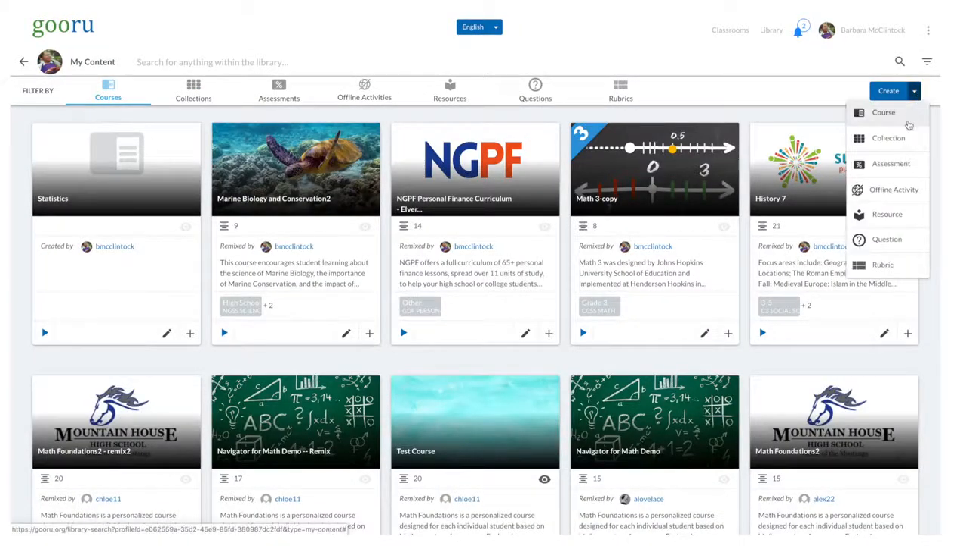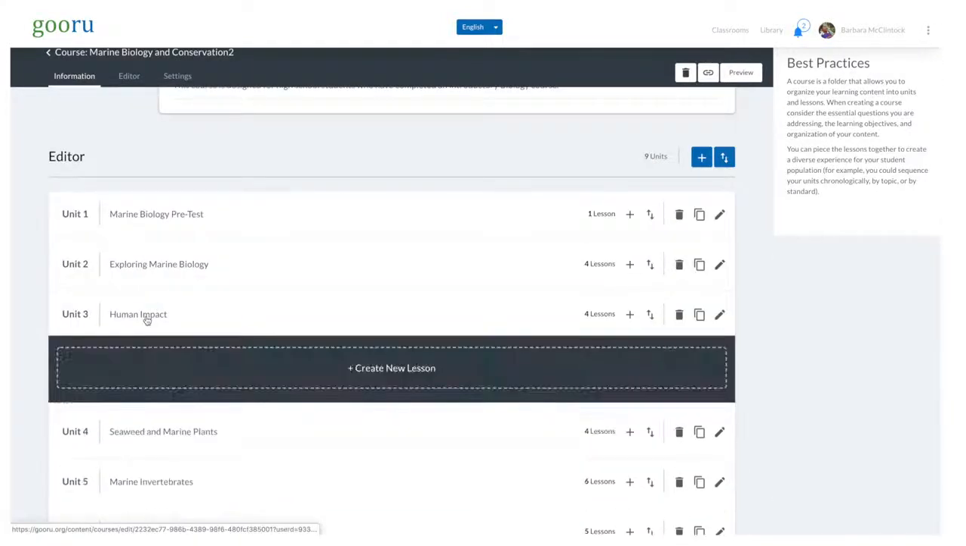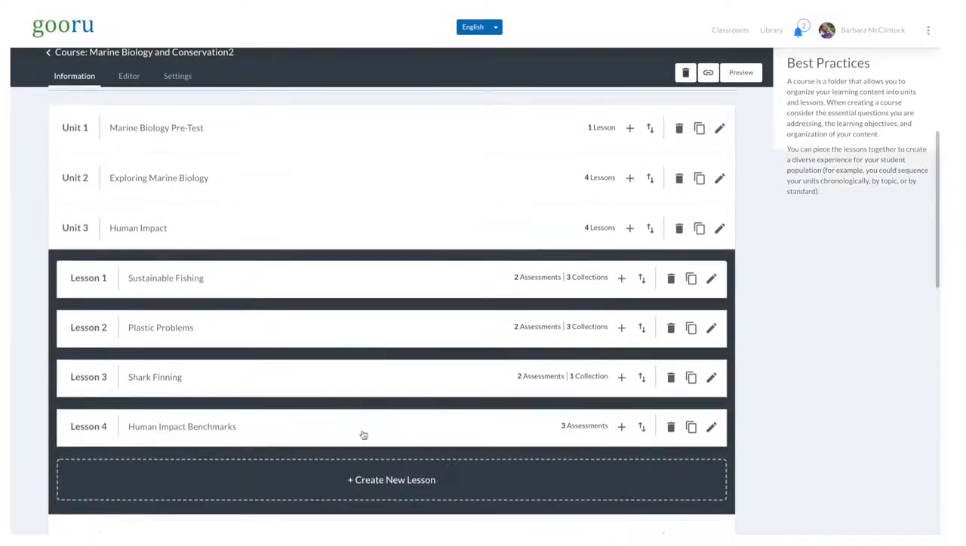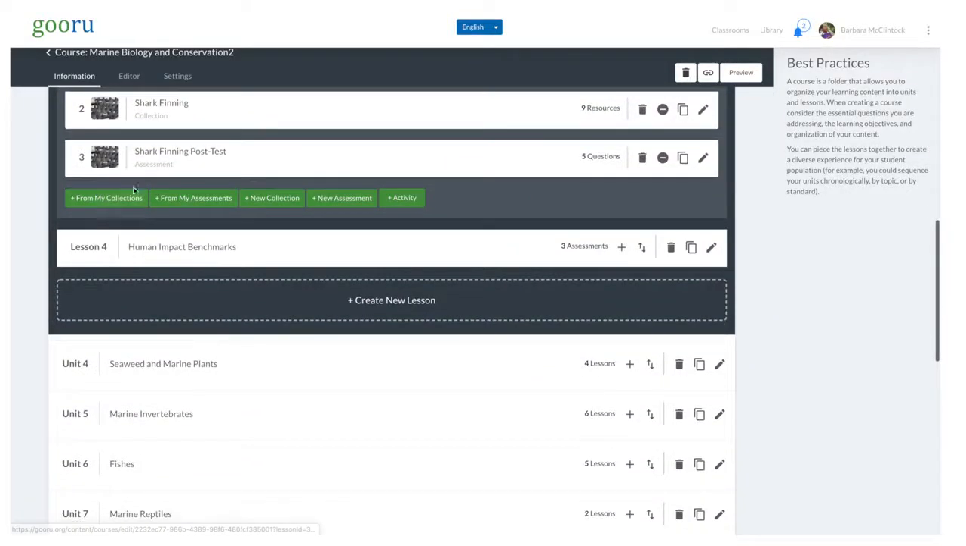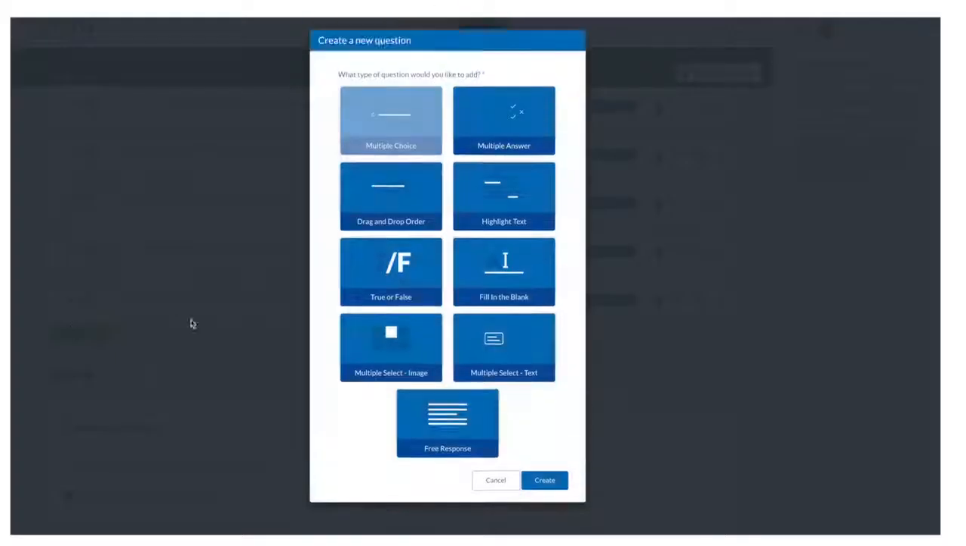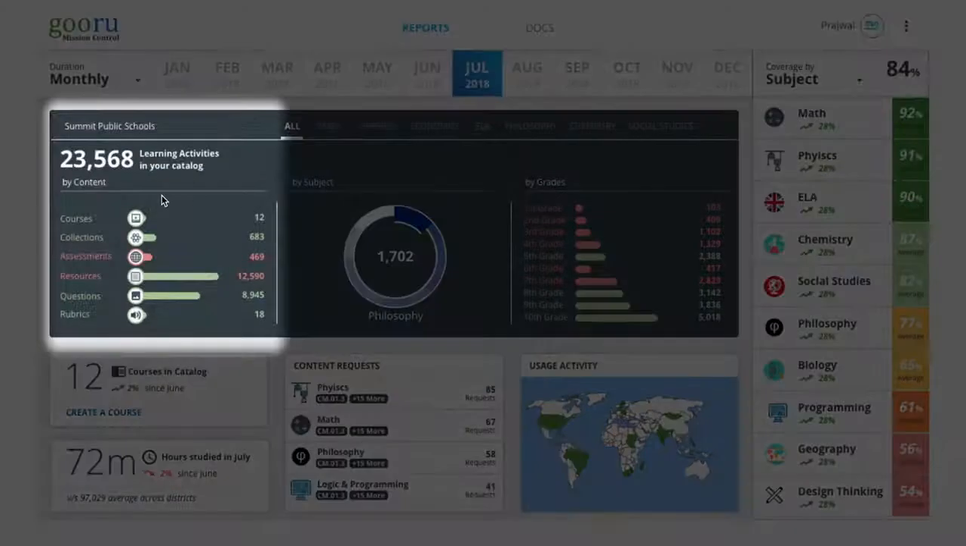Courses include units, each unit has lessons, and lessons have collections and assessments. They can select a course and add a new unit, lesson, or new collections and assessments to a lesson. Navigator supports free response questions that can be scored using rubrics, as well as multiple choice, multiple answers, fill in the blank, drag and drop, and true or false. They can also see who is using their content in the US and around the world, and also by type,